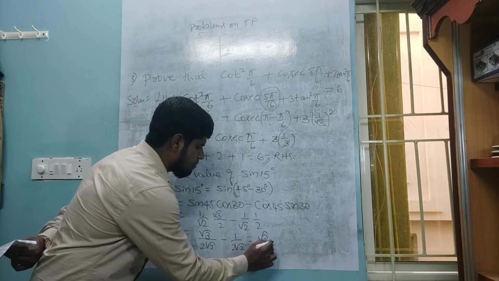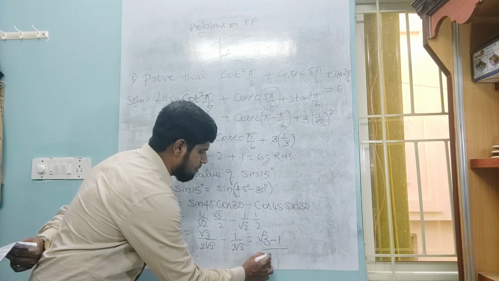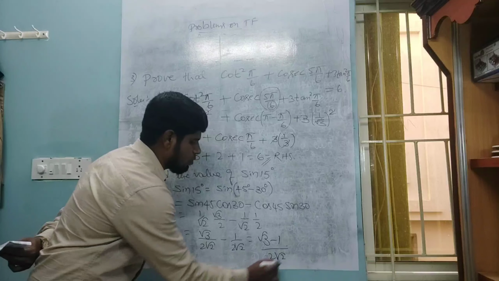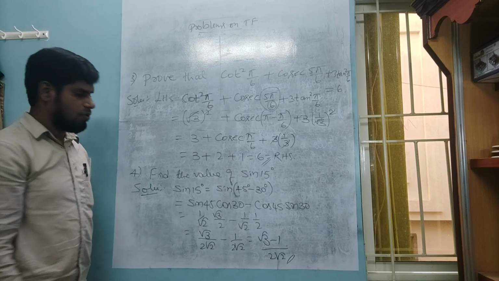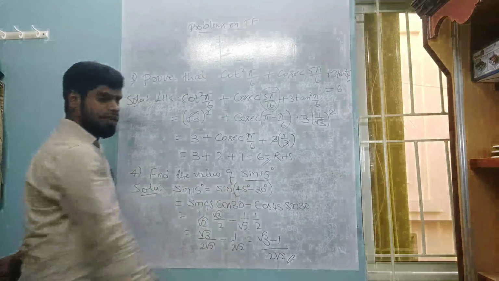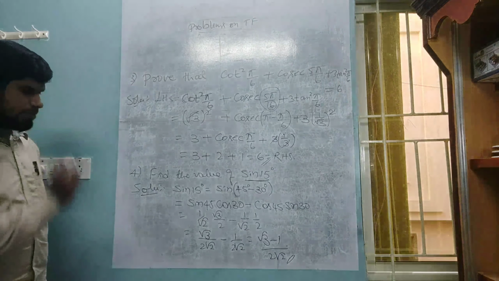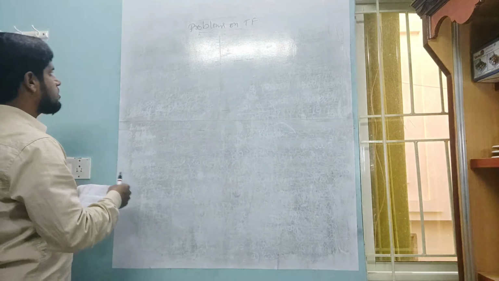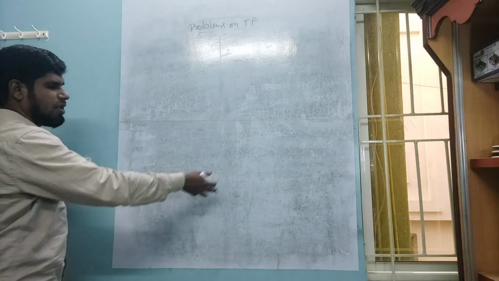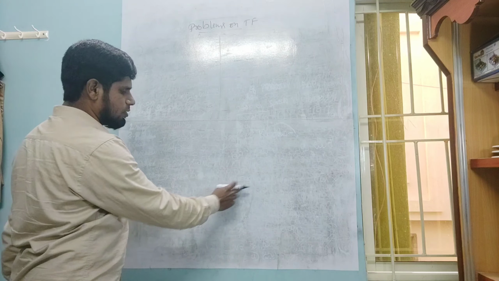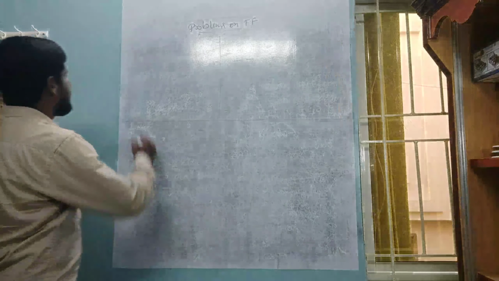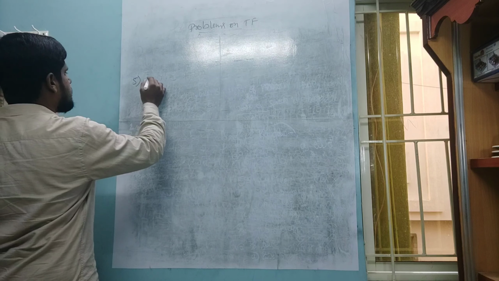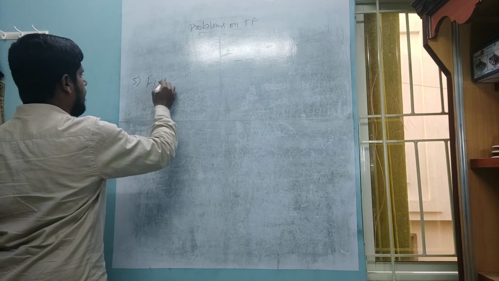Root 3 minus 1 divided by 2 root 2. This is the value for sin 15 degree. Tan 75 degree we will take. And similarly, sin 75 degree also we can find, just 45 plus 30. So the next is find the value of